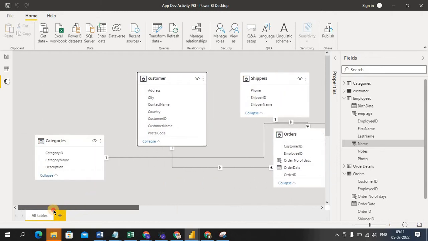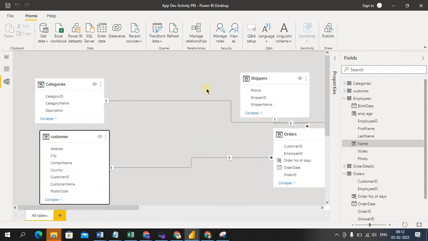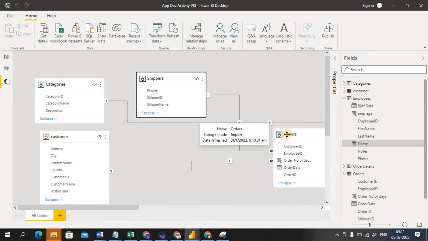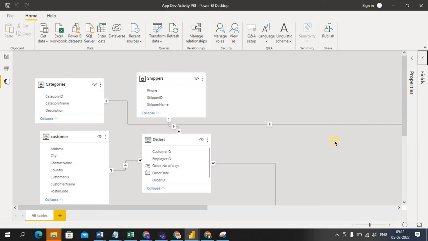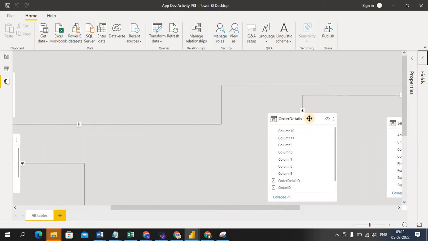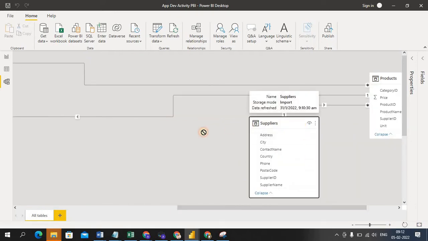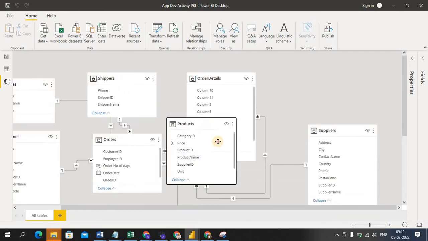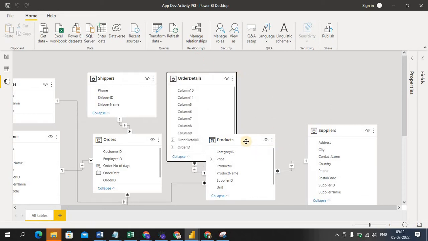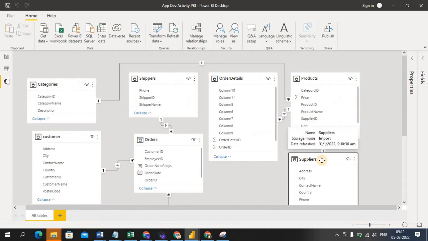If the relationship is fine between the tables, we have to get complete data. Okay, so all tables are connected.